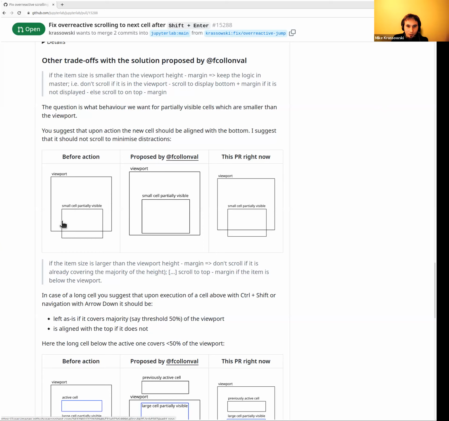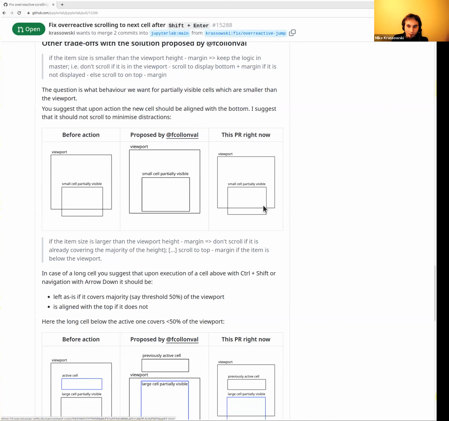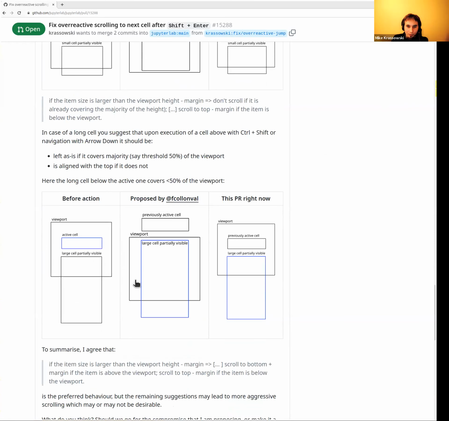So before executing, this cell could be partially visible aligned to the bottom, or could stay as it was, and a long cell could either be aligned to the top or stay partially visible. So yeah, my question is, are there any preferences on whether we should preserve the old behavior, adjust it,